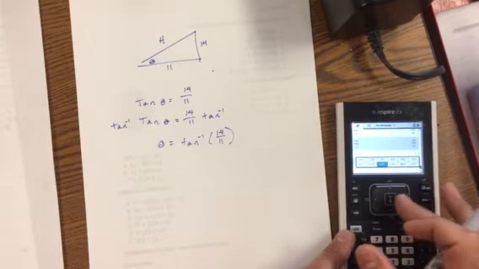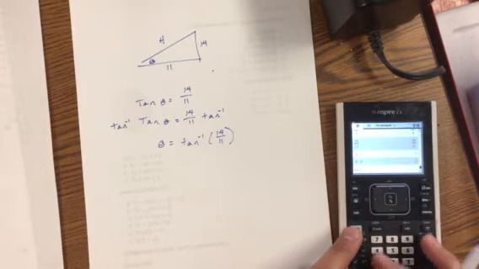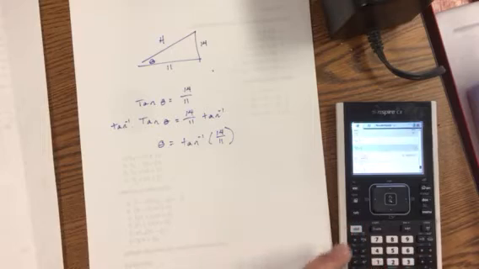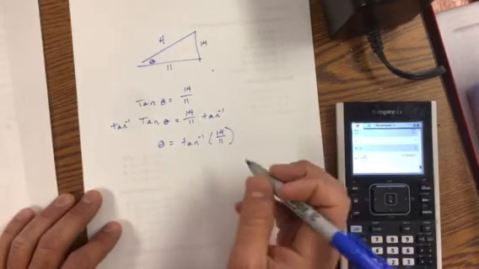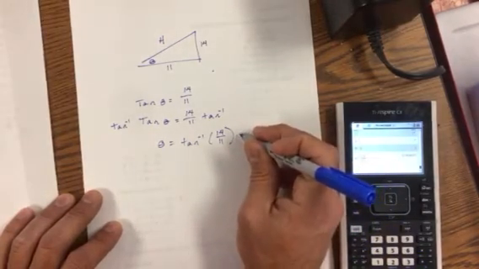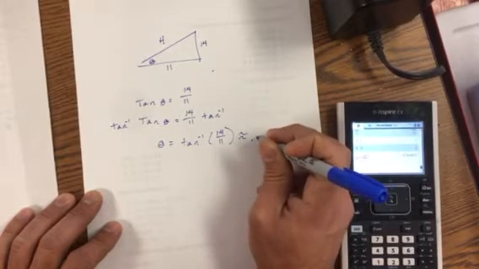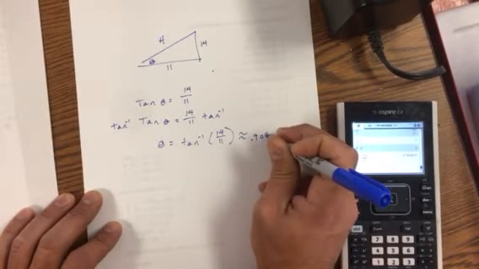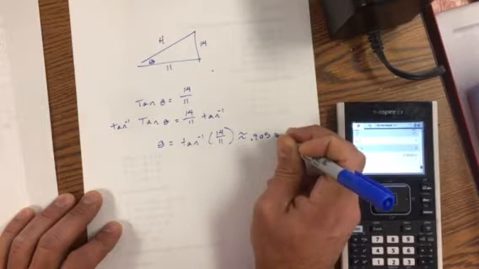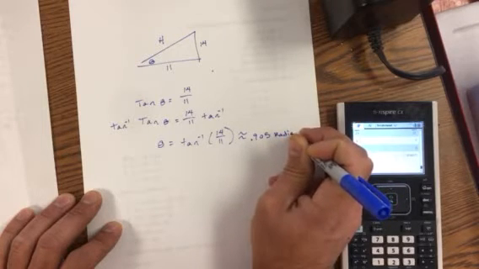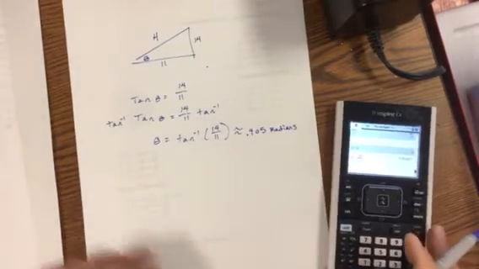So the inverse tangent of 14 over 11 gives me, okay, and mine's in radians, so it's going to give me approximately 0.905, and that's in radians. If I was in degrees,